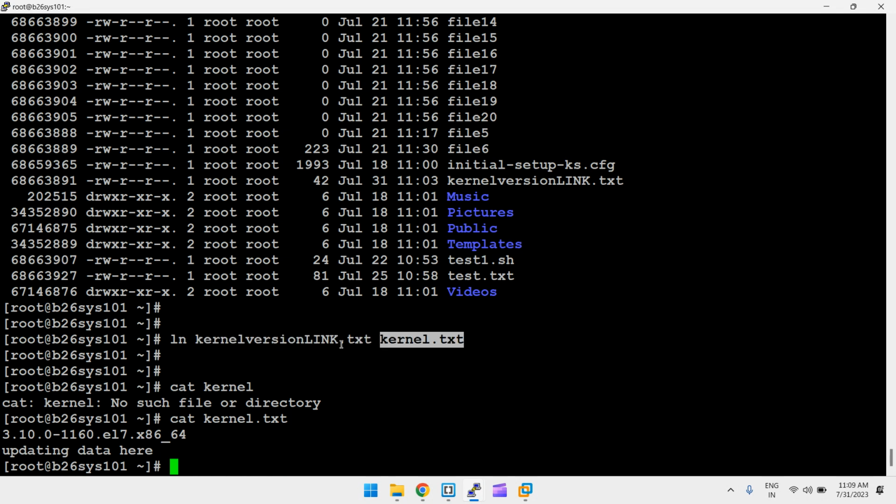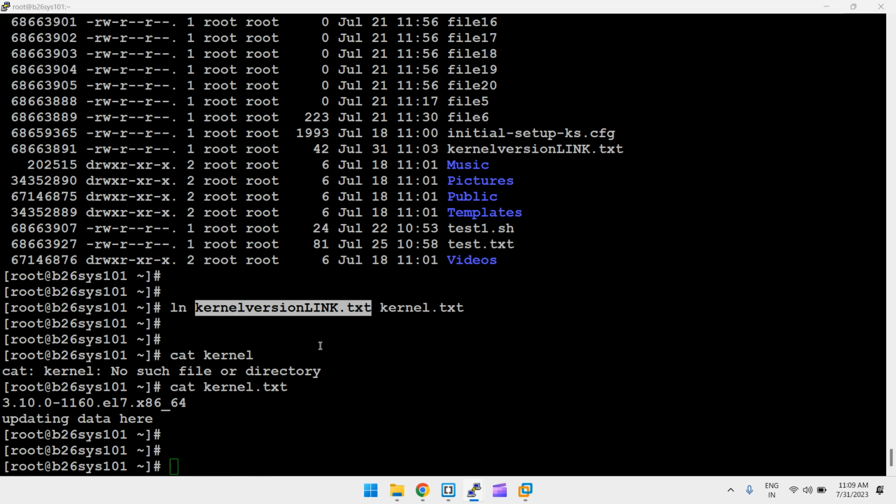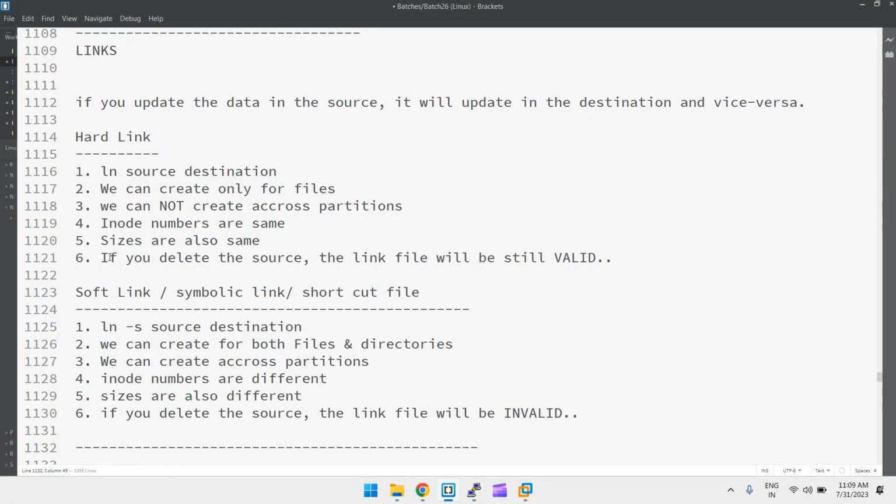If you update this file, this file also will be updated. That is a link file. In the same way, hard link, soft link also. But if you see now, this is the main difference. If you delete the source, the link file will be valid in the hard link, because it is independent. If you delete the source, the link file will be invalid in the soft link, because the shortcut file will